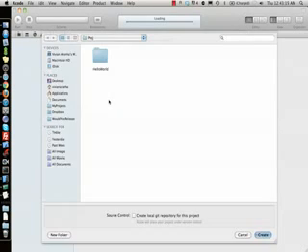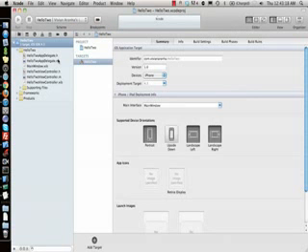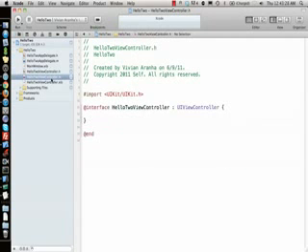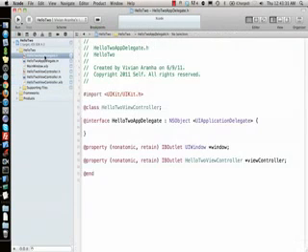So save it here, and we'll be making it using Interface Builder first, and then we will code it up so we understand both the different ways. Initially we had just these three files in the window-based application. Now in view controller we have three extra files. What it does is it